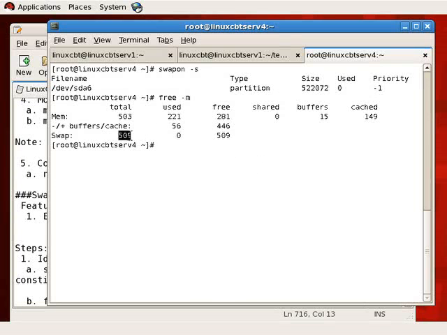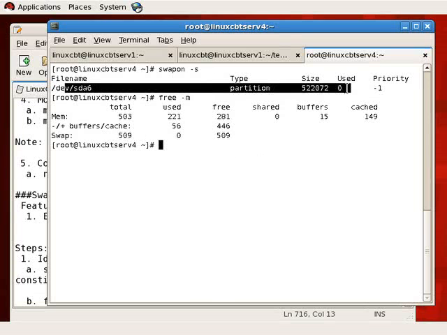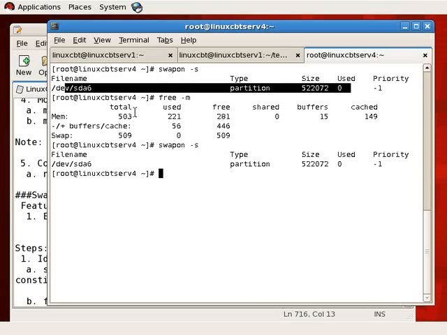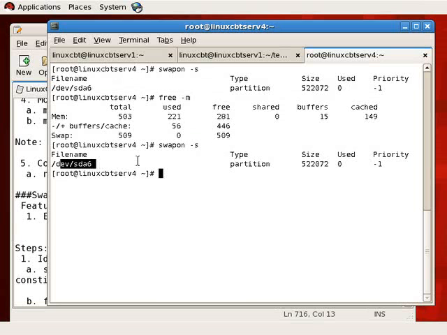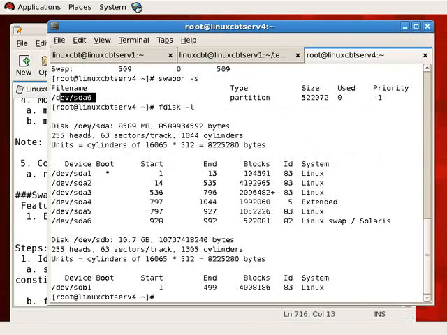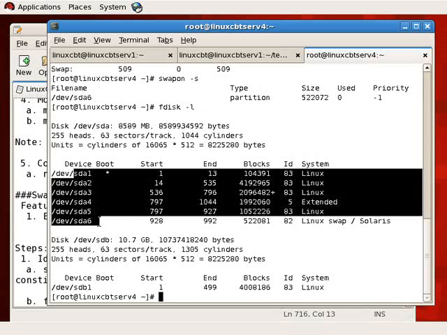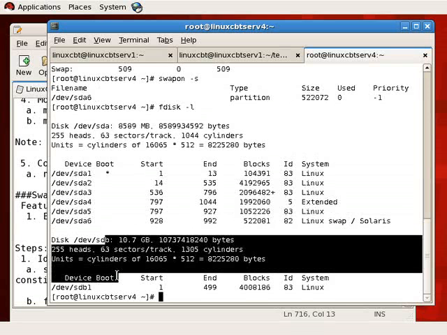It tells us we have about half a gig worth of swap, but it doesn't tell us that it's a partition versus a file, and which partition. So for that matter, we use swapon. This explicitly tells us where the swap is currently allocated. And then if we use fdisk -l, we'll get a bigger picture, a larger view of where the swap is currently allocated on the system. The primary swap is on the primary hard drive, but now we have a new hard drive,